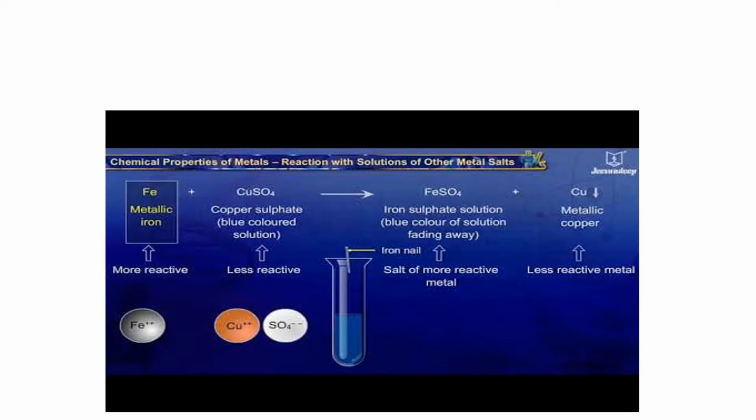Right? Now you can see the reaction. This is the iron. It reacts with copper sulfate and changes to iron sulfate and copper. That is the metallic copper. As we have done with the apparatus, in that way the reaction will take place. You can see this iron is there. This will join with SO4 because ions are there. So this will displace copper from copper sulfate.